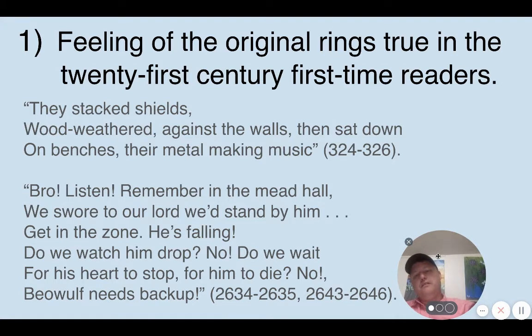And then this kind of moment is the kind of moment that I think some teachers would object to. It takes a lot of liberties with the original. It's not unique in that way, but a lot of people want epic poetry to be very formal. The fact of the matter is, the language of Beowulf, aside from some very formal speeches, is very visceral and hits you in the gut. So Headley decides to communicate modern language that hits you in the gut, to communicate what the original might have felt like. Later in the poem, Beowulf needs help in a fight, and one of his comrades says to the other guys,